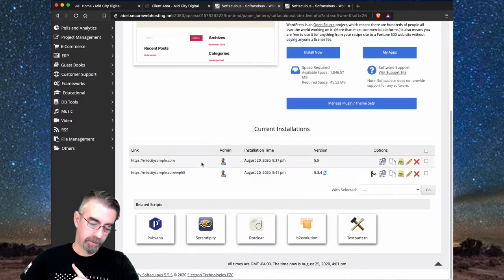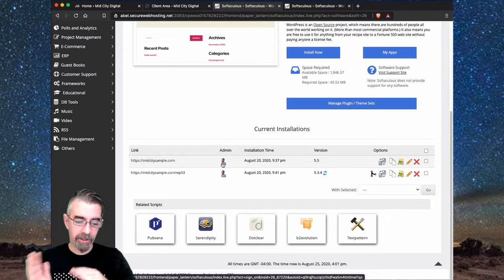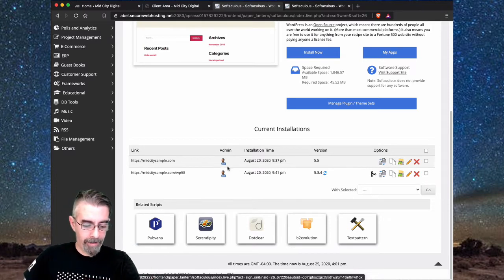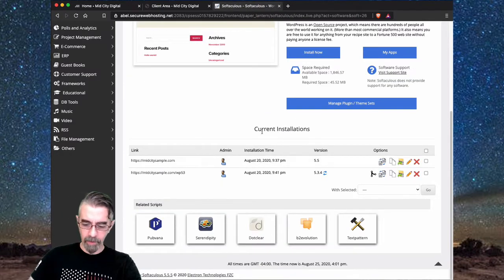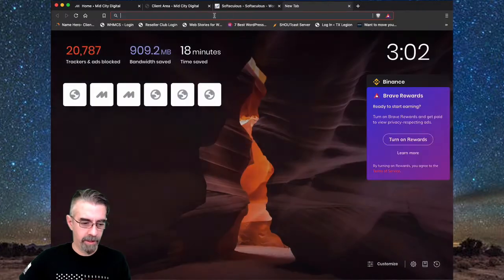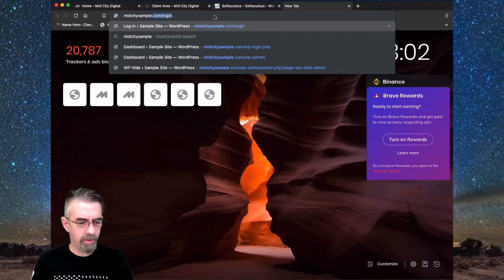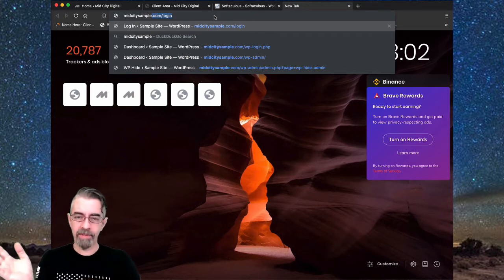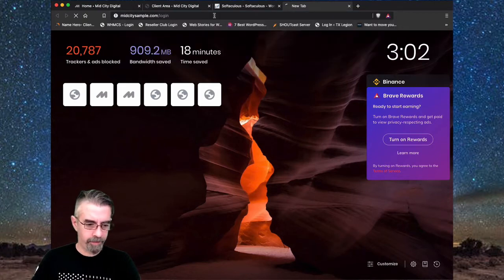But you could log into your WordPress admin area. Keep in mind, this is different than your client area, okay? Now, you could click right here and it'd pop you straight into it. I had this open already to show you. I don't know why I forgot that window was already open. But anyways, you could do that. But generally speaking, what you're going to be doing most often is going to whatever your website is, .com/login, and that will bring you to